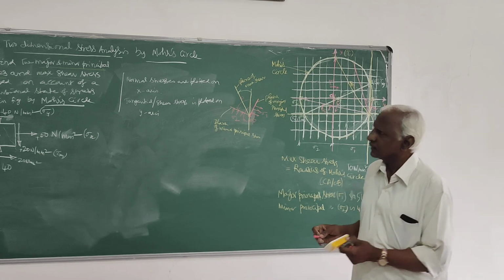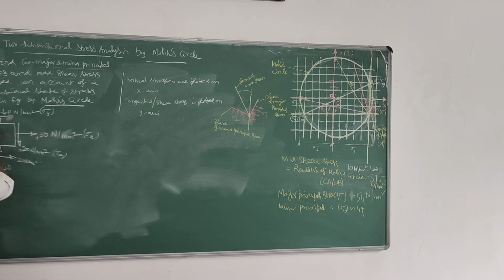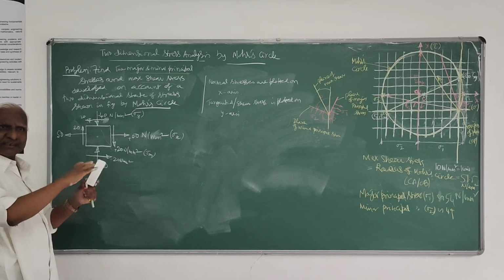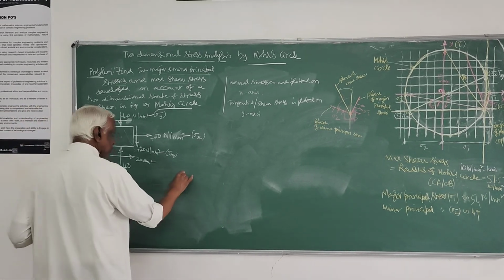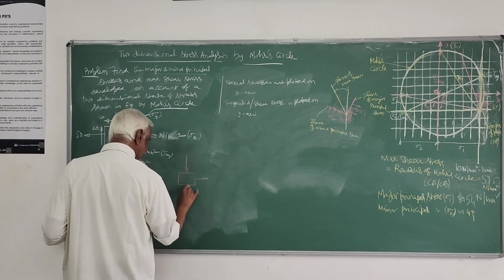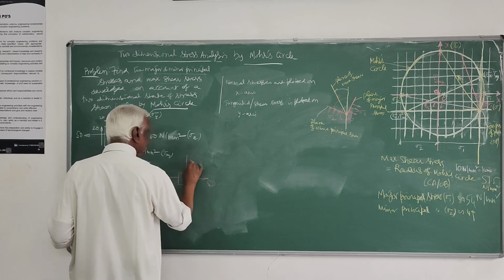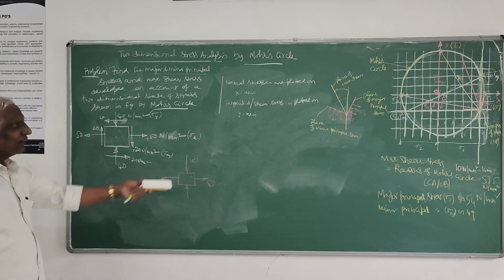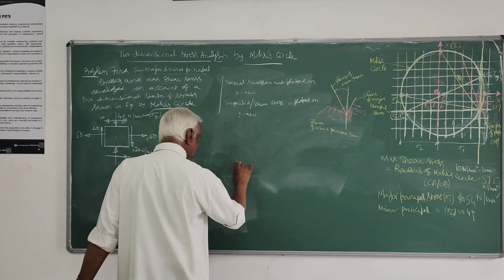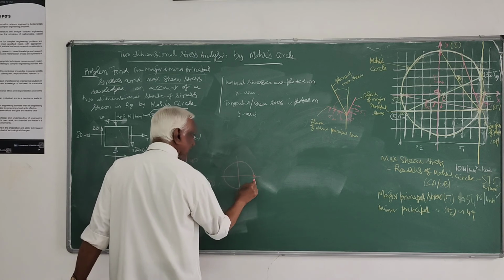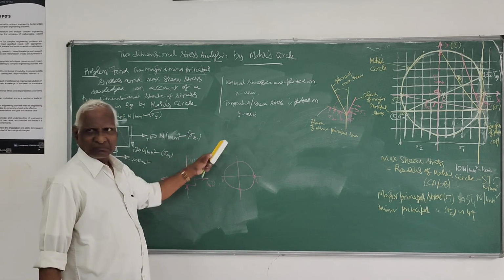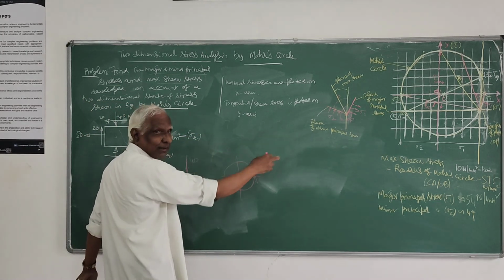Suppose in a problem, they may not give shear stress straight. If they don't give shear stress, then the given state of stress itself is the major and minor principal stress. Suppose they give only this, the same example, 15, 40, no shear, then you just plot it, and you will get just a Mohr circle like this. This is your point A, this is your point B, because no tau. Right? This is 50, normal.